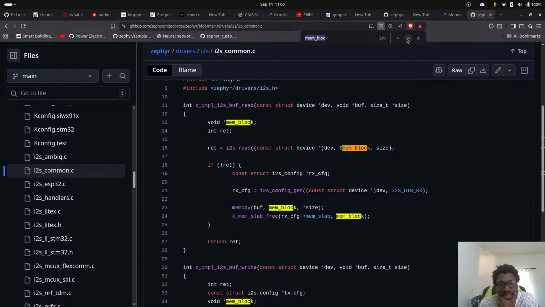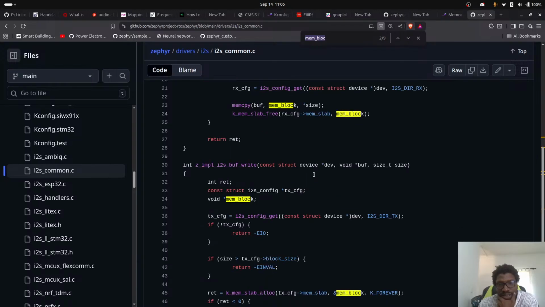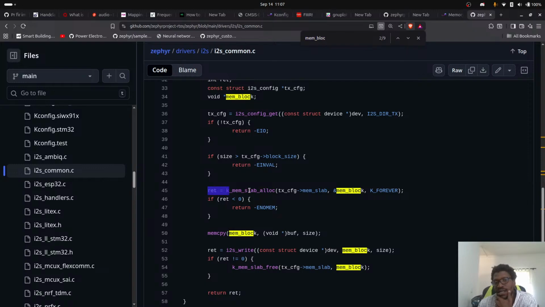But I want to show you where it wants to write it. Yeah, you see it allocates it here when it's going to write it. I2S common allocates the mem block. This is the mem block we give to it. And then